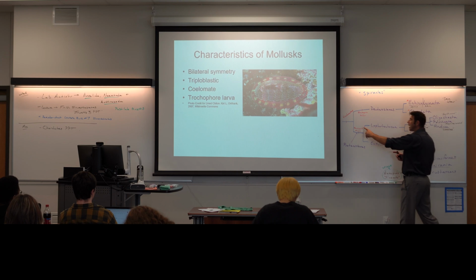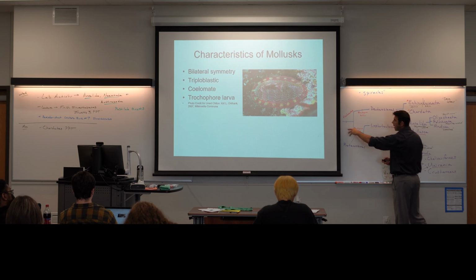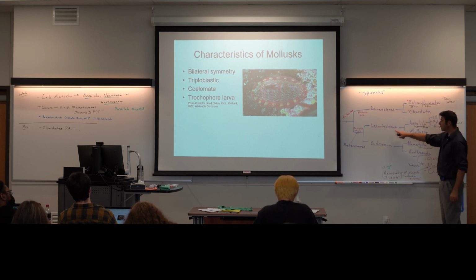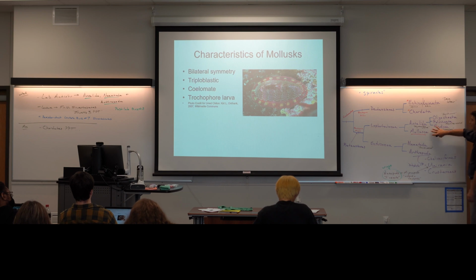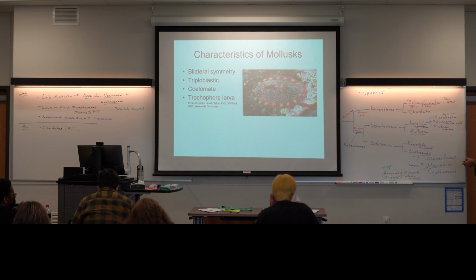We're now on the branch of animal life that is dealing with bilaterally symmetrical organisms. We know if they're bilaterally symmetrical, they've got three germ layers. We call that triploblastic, and they all have true body cavities. In the branch of lophotrochozoans, we said these phyla at some stage in their life cycle have a lophophore that they use to feed. In mollusks, this feeding apparatus is in the larval stage, so they have what we called